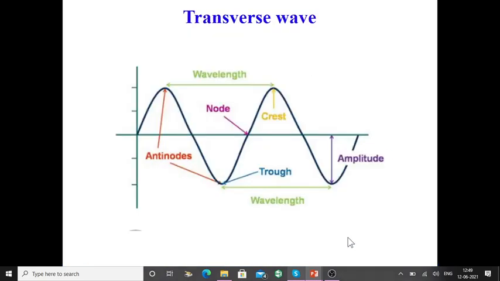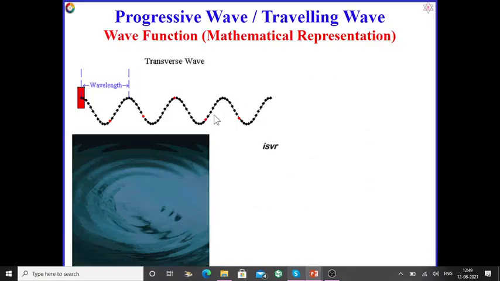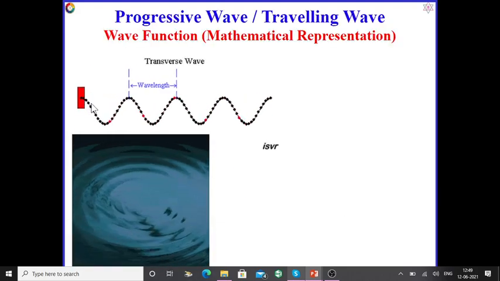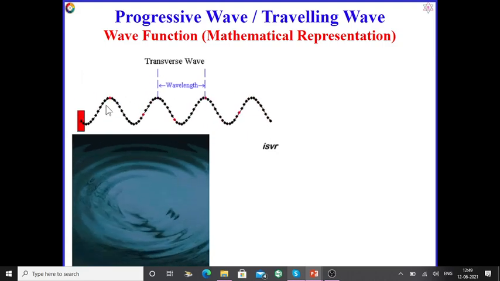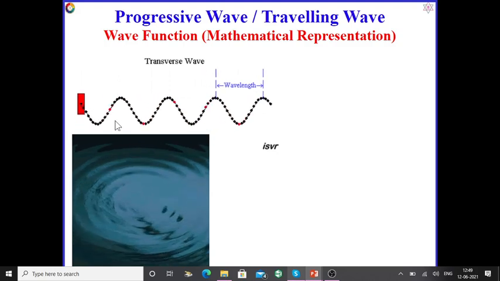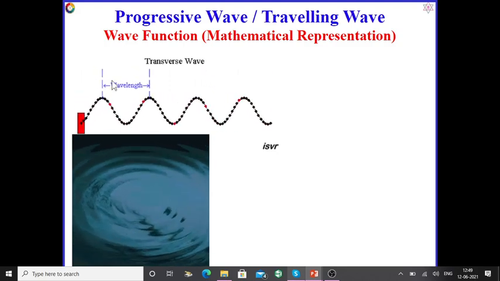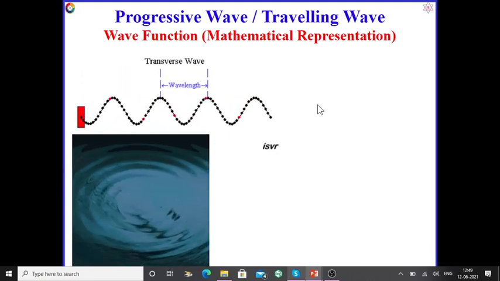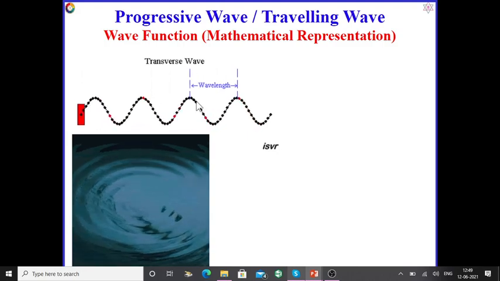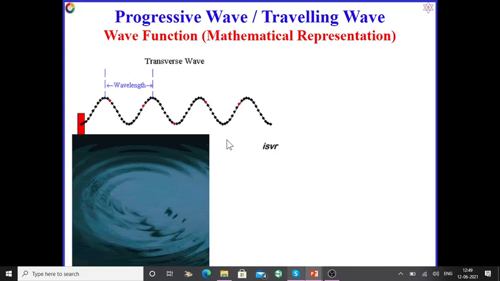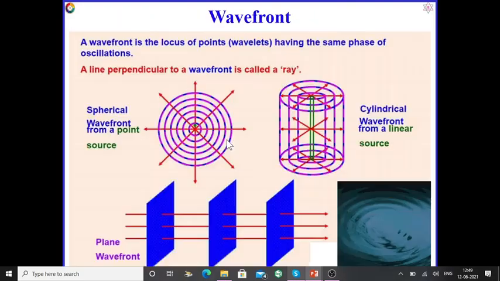And here I am going to give another example. You can see a string is steady, but the particles, just mark this red particle, is oscillating. That means all the particles are oscillating along the y-axis and something is propagating along the x-axis. So that is another example of the wave. This is called the transverse wave. In detail, we are going to discuss the difference between the transverse and longitudinal wave.